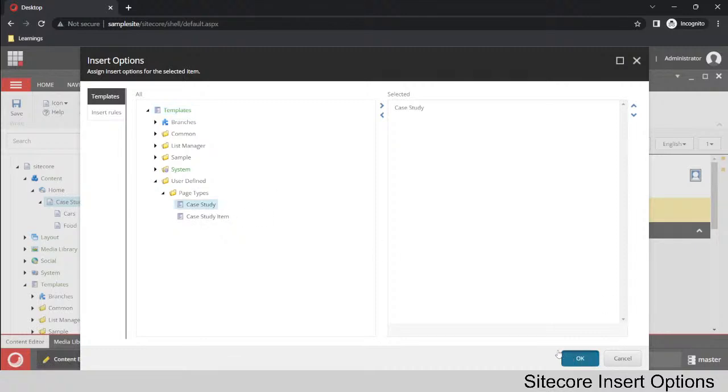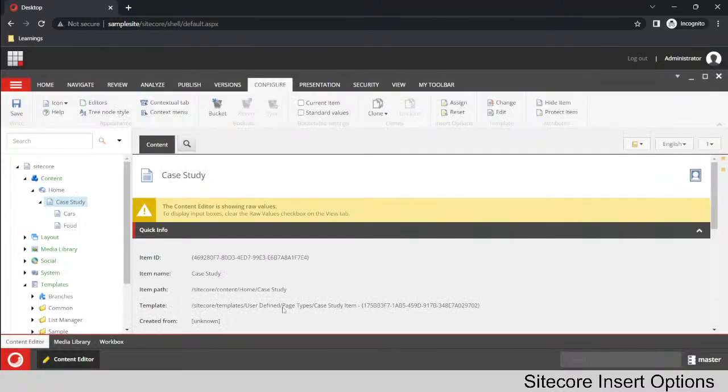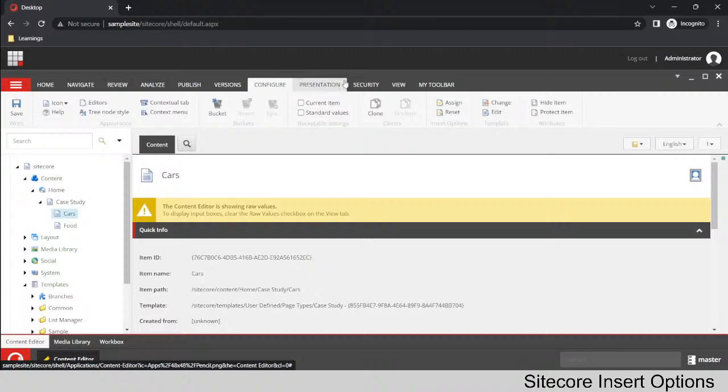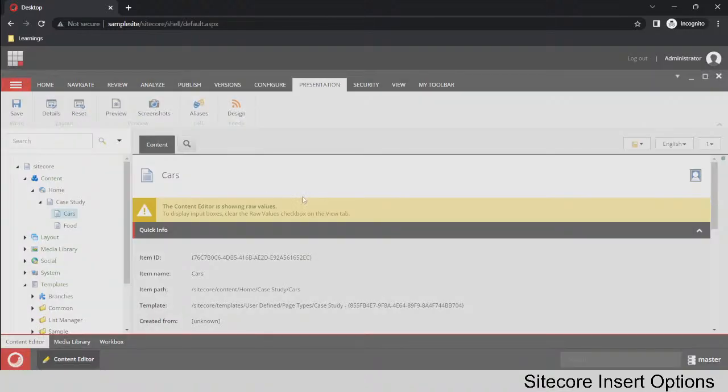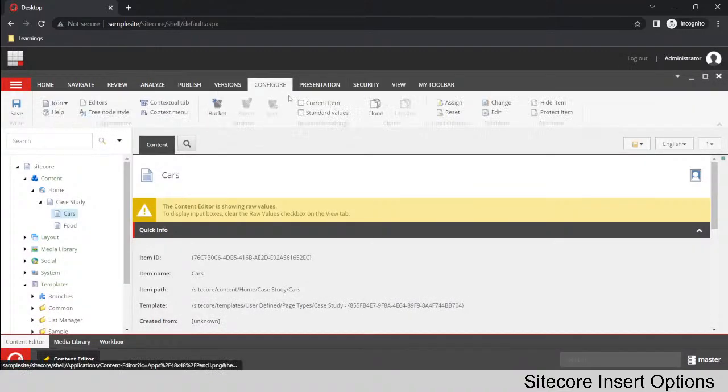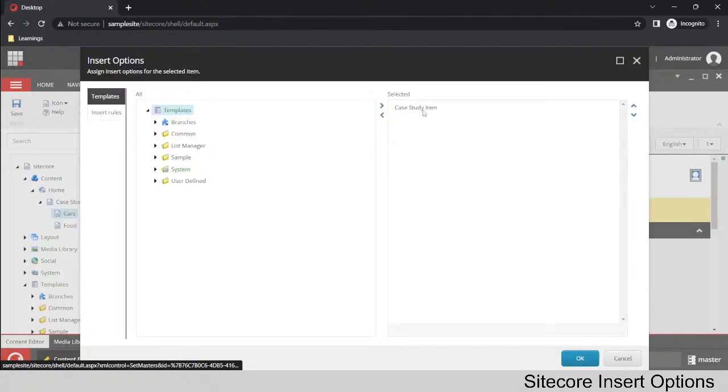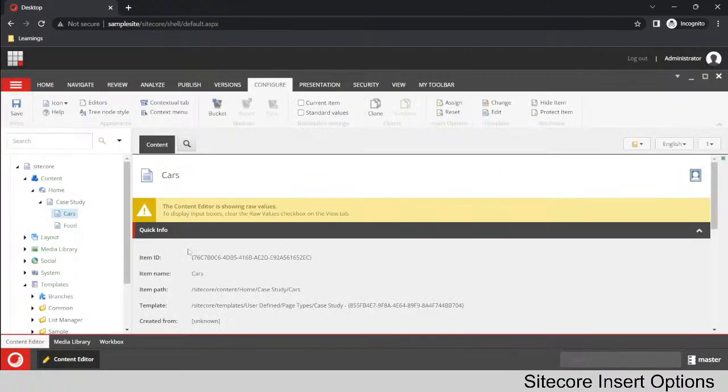So if I click on the right item this time, which is cars, and I go to presentation details, rather, configure assign, you can see that case study item is there. The way to add it is just to locate the template and then click on the arrow sign. What that essentially means is when I click on the case study and I go to insert, it will appear here,